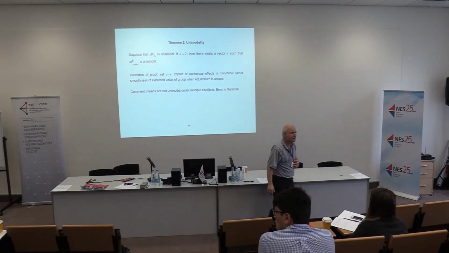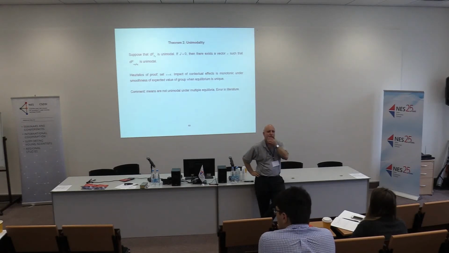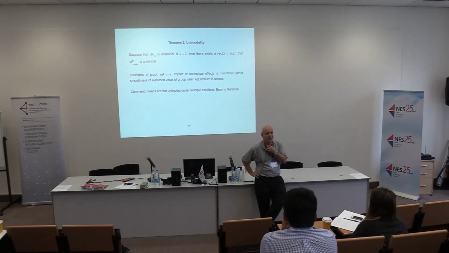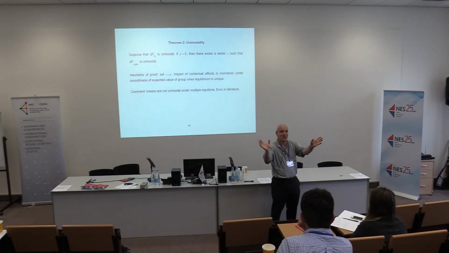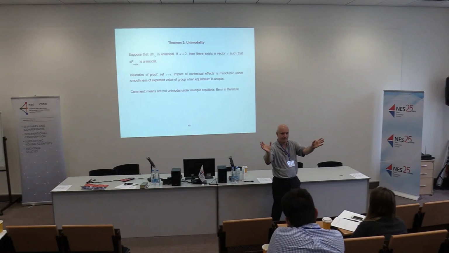Now the reason I wanted to end with that is that Larry talked about the crime and social interactions paper. There's actually a mistake in it. The paper claims that the equilibria for crime rates is unique, and the reason for that is it looks at the average crime rates across precincts, and it says the density is unimodal. Everyone with me? And so their idea was, well, if there are multiple equilibria, you get a bimodal density or a multimodal density of crime rates.